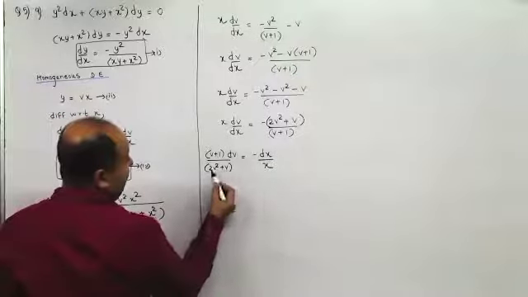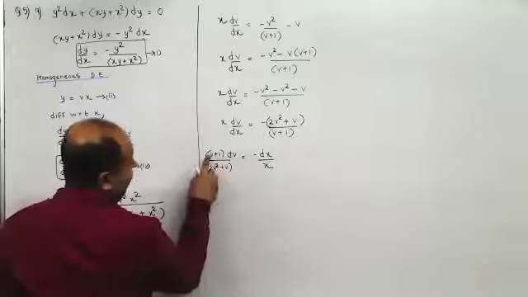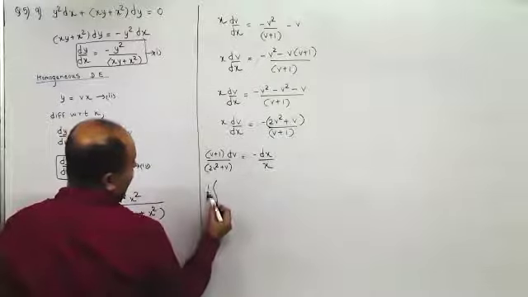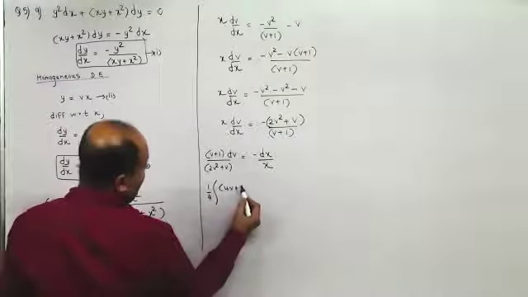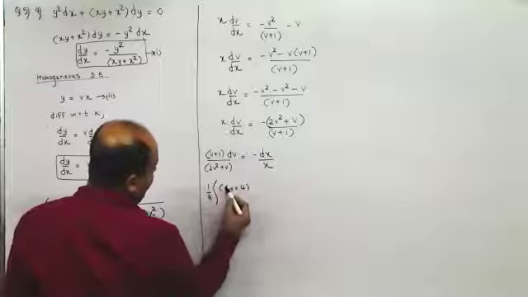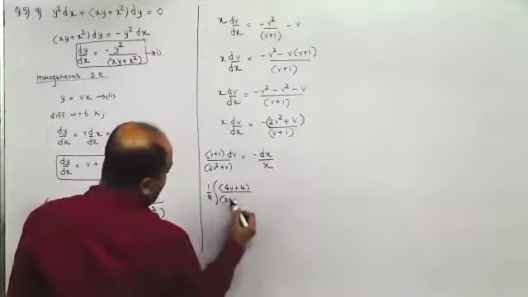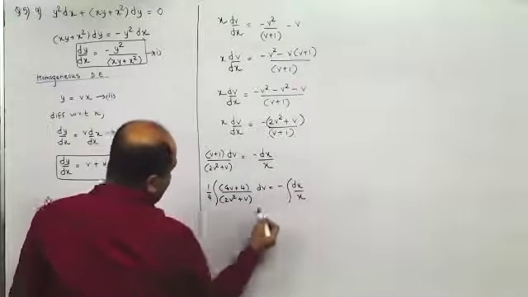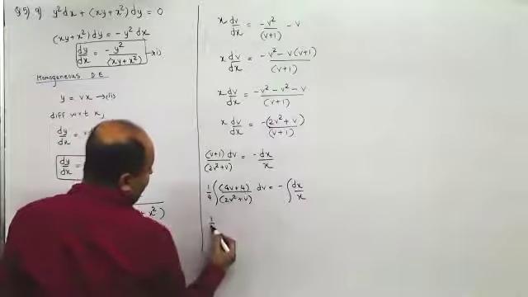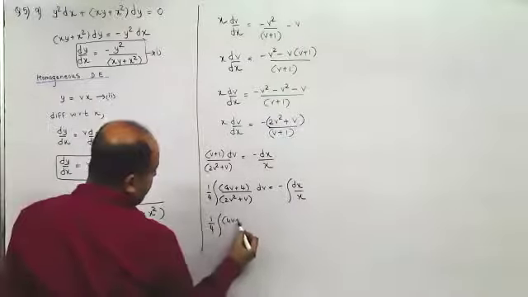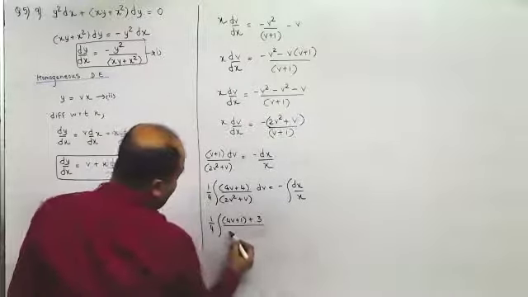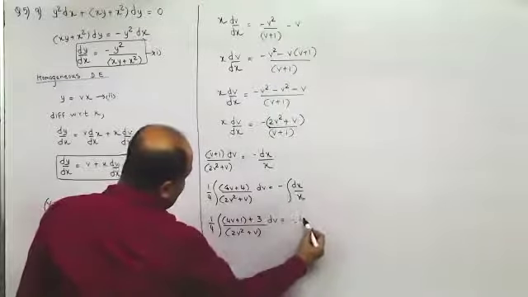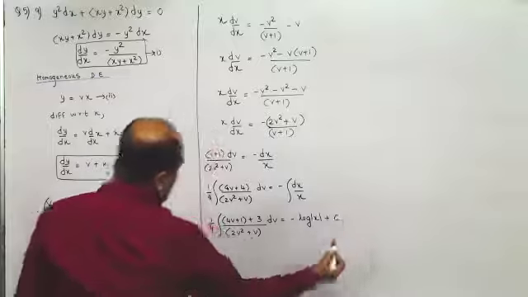The denominator is 2v square plus v, and its derivative is 4v plus 1. I need to be concerned only about this 4 term. So what I'll do over here is I'll multiply by 4 and write this as 4v plus 4 upon 2v square plus v dv equal to minus dx upon x. This is 4v plus 1, so I'll get 4v plus 1 over here plus 3 upon 2v square plus v. And this is minus dx upon x, so this is minus log x plus some constant.